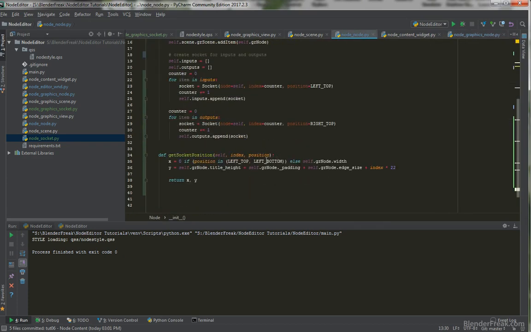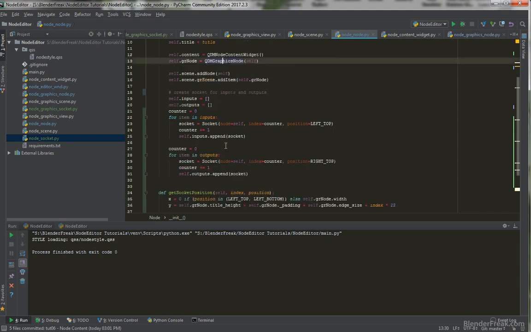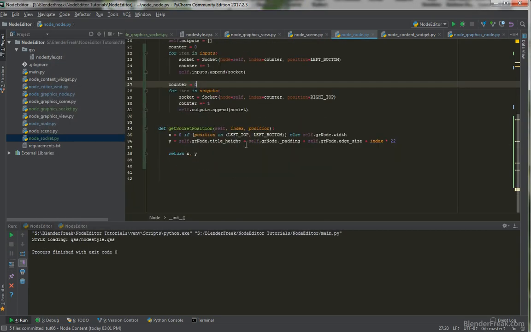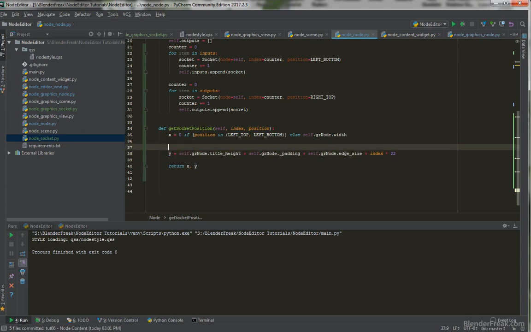So when we go to the node and we say that we want to create sockets for the input, let's say there will be left bottom like this, and now you can see these are not left bottom. So how to fix that? That's quite simple. So if our position is in left bottom or right bottom,